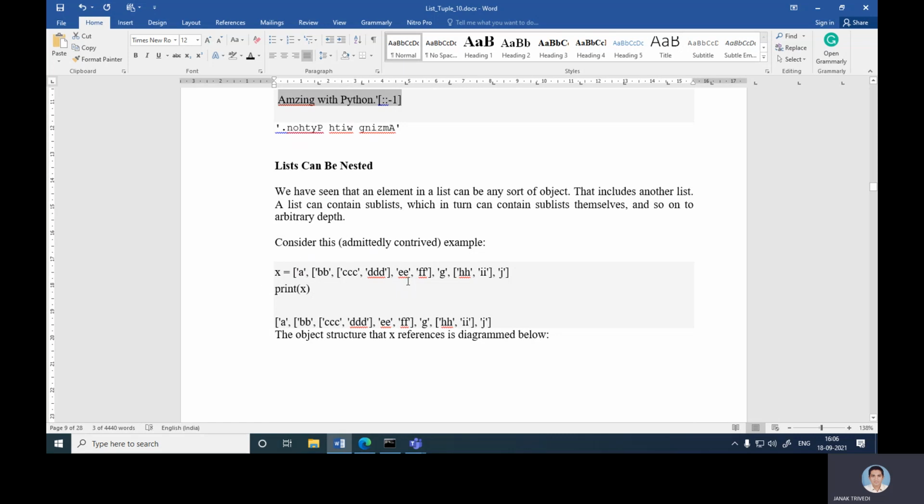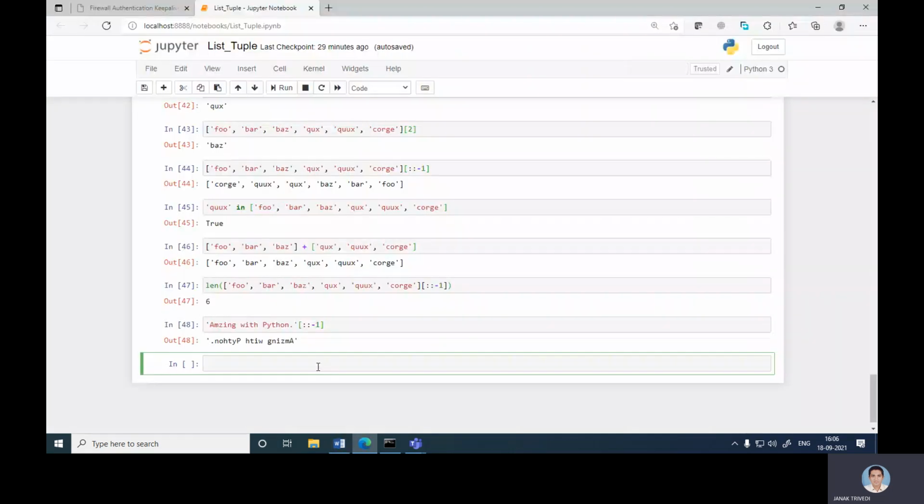Now second, EE and FF. Then BB, EE, FF is the same part. The CCC, DDD is a part of this BB. Then second is G, and HH and II in this particular G. Then last is J.